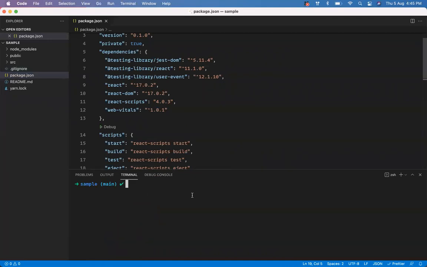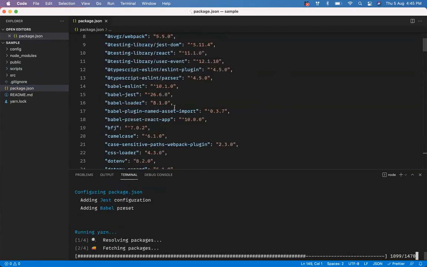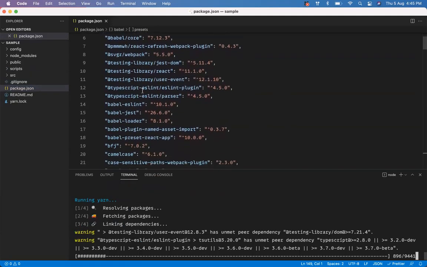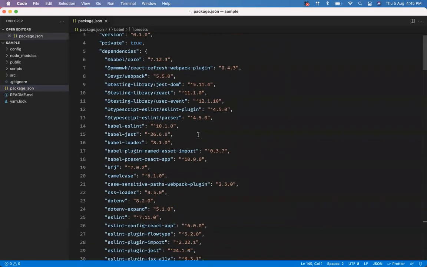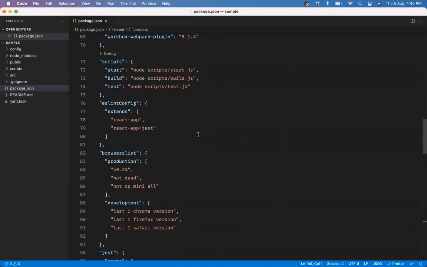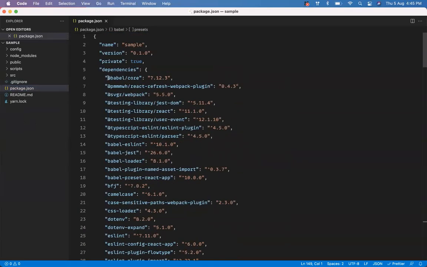What if I just say yarn eject or npm run eject? What eject is going to do for you is eject all the configuration files. Can you see what happened to the package JSON file? Was it this long earlier? No, sir. They have added all these features. Which one is it?